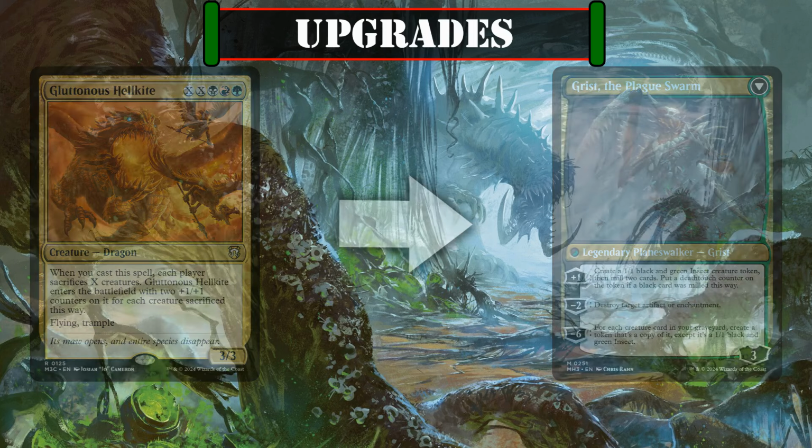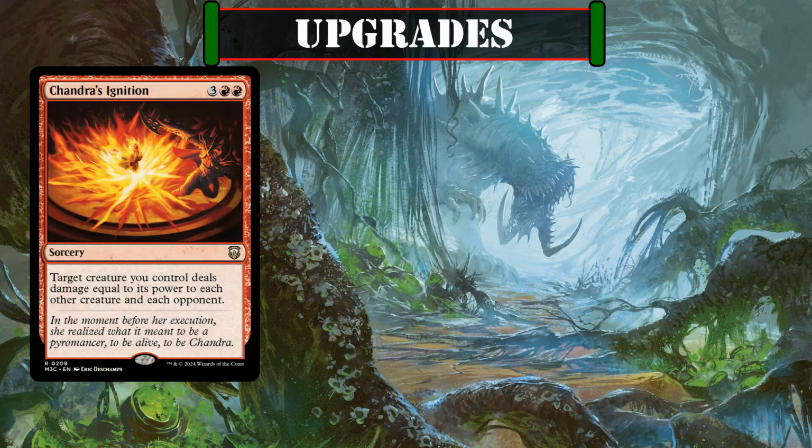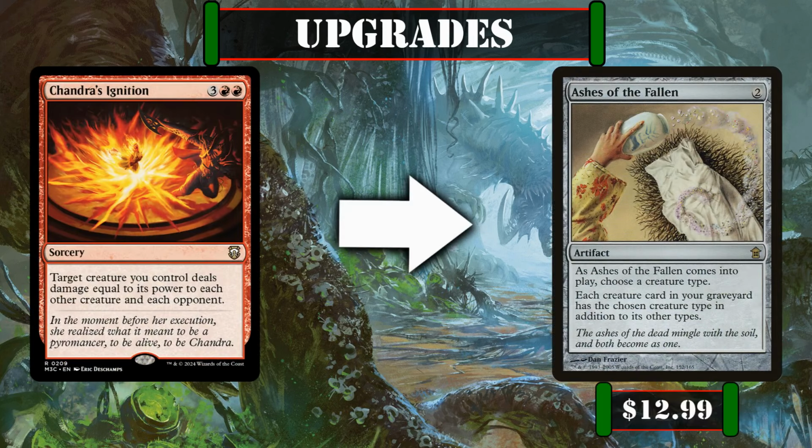the creatures in our bin, and, as our priciest upgrade, we can slot out Chandra's Ignition in favor of Ashes of the Fallen, giving us our third copy of Maskwood Nexus to ensure we'll be able to reanimate our entire creature base with Disa most games, with the added benefit that it won't cost us an arm and a leg